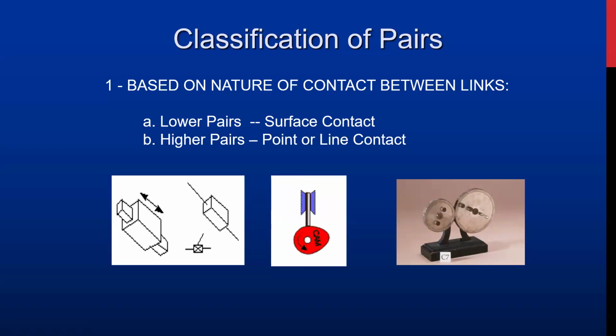So the kinematic pairs can be classified, first of all, based on the nature of contact between the links. How is the link between these pairs connected? Based on the nature of contact, first of all, we can classify them as lower pairs, that means surface contact, or higher pairs, where we have point or line contact. With surface contact, for example, here, in this case, if we have a bar sliding through,